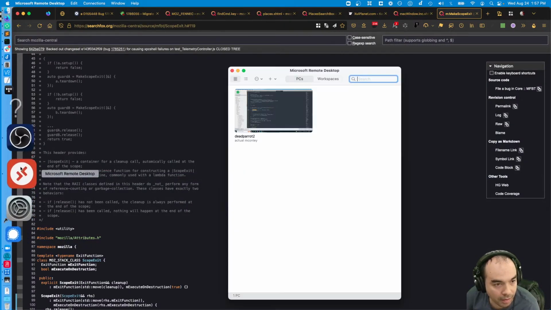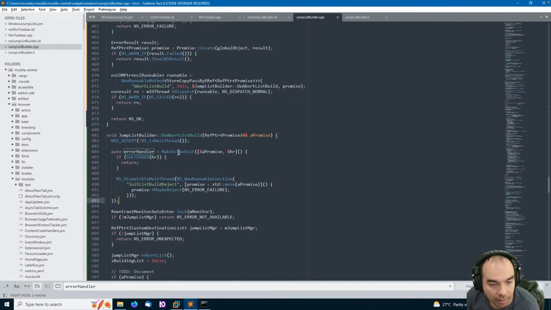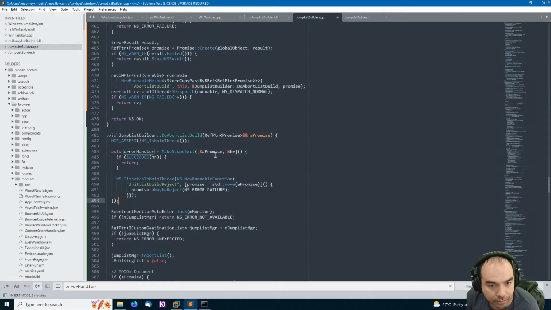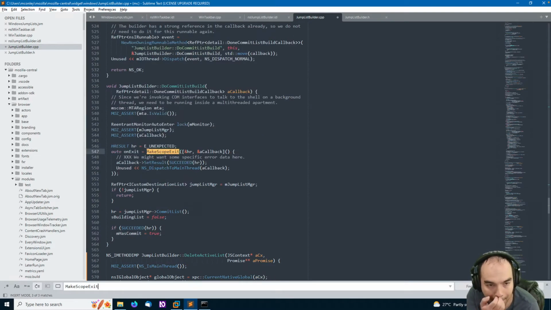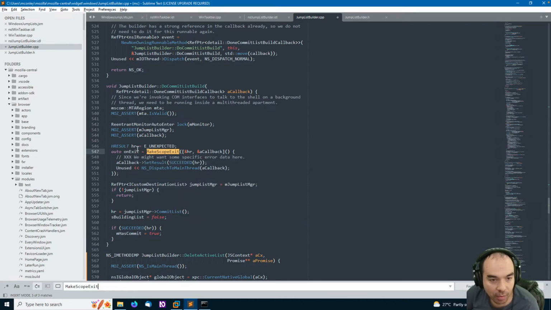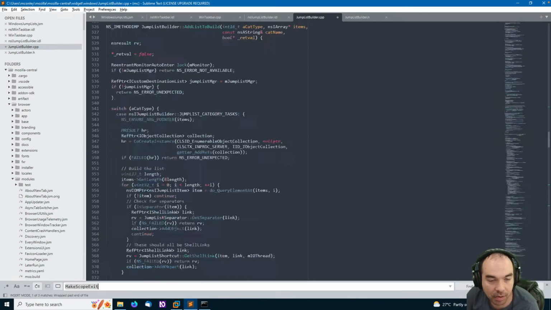Where am I? Oh, it's the handle. I see. And so whatever value that is, oh, I see.